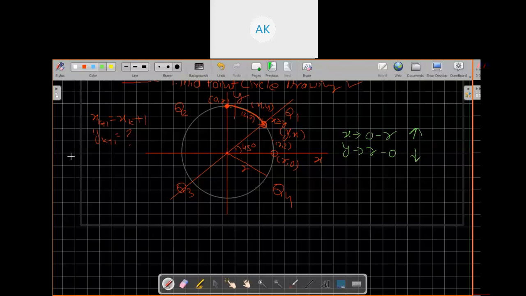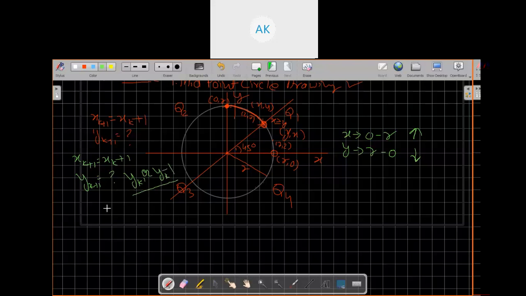So we will change the value of x_{k+1} with unit interval, meaning we are just moving with the unit interval in the x direction, and the corresponding value of y_{k+1} we are finding. The y_{k+1} value will be y_k or y_k minus 1. Why minus 1? Because the value is decreasing. So the corresponding value of y will be y_k or y_k minus 1.